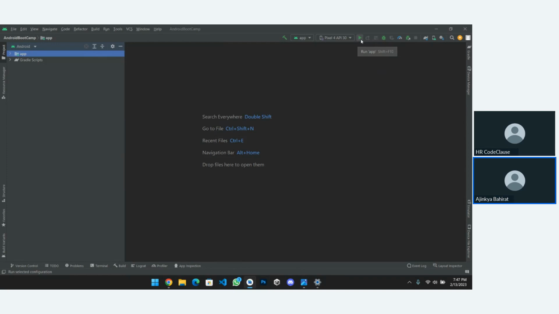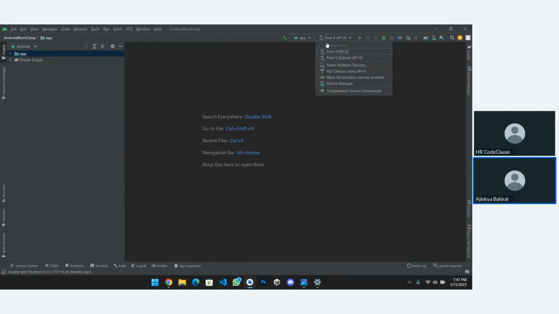When we click on run app, it will automatically run our emulator if we connect it. As you can see, if you connect your device, you can see your device name over here. But before that, you need to do some settings in your device also. For the emulator, you can just create, and after that select which one to be executed and just hit play. It will display your phone and your application.